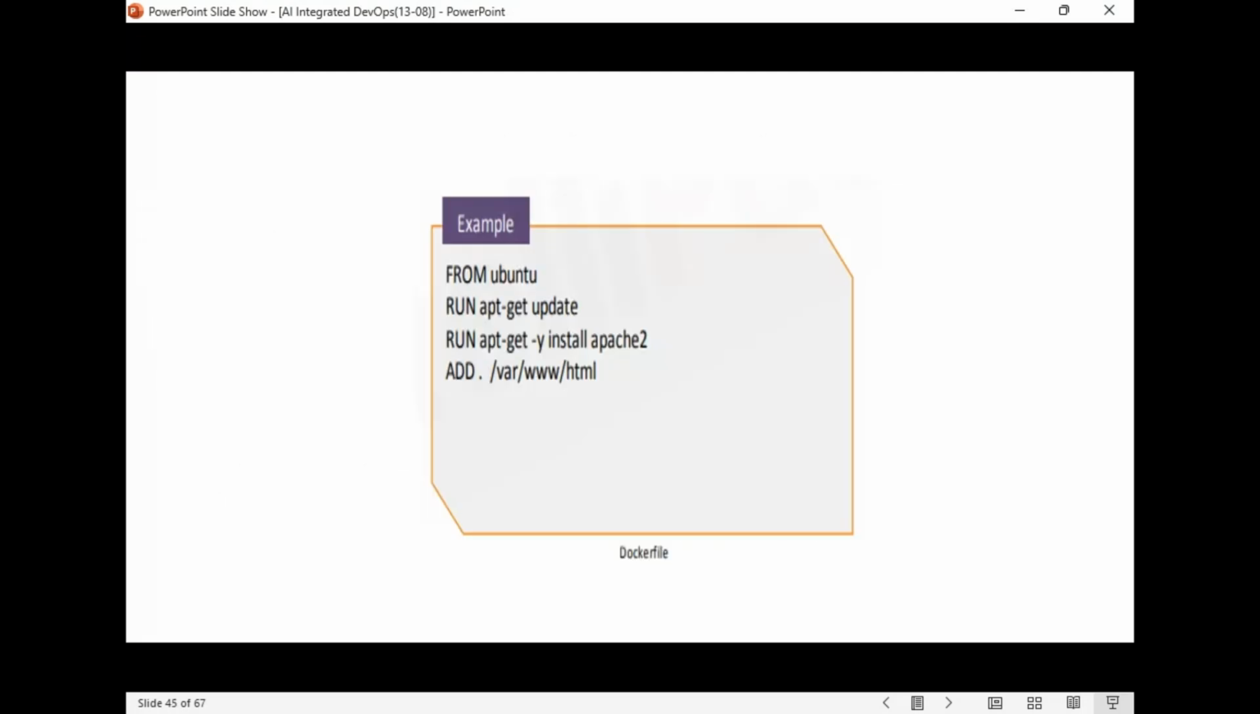So these are all a small set of commands. You just need to write FROM Ubuntu, which is already an image in Docker Hub. You will get the Ubuntu OS. Then run apt-get update. After we have Ubuntu, we want to update the packages. Just update it. Then after that, if you want to run or get Apache2, Apache2 is a web